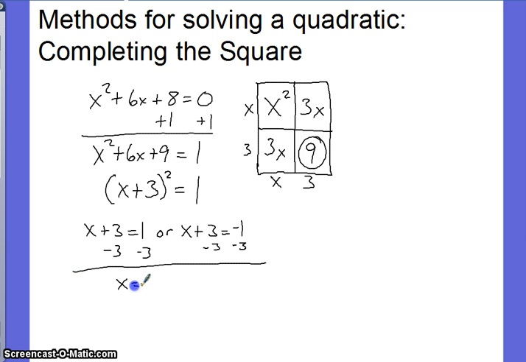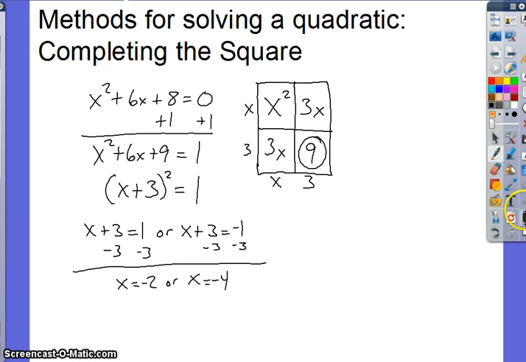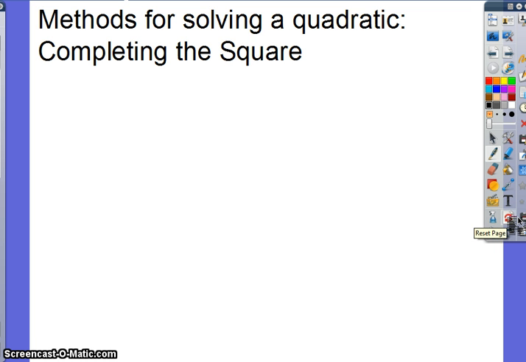So I get x equals negative 2, or x equals negative 4. So now I've solved my quadratic. So I know that x equals negative 2 or x equals negative 4. So now let's go through and do the method again, but now let's go with a little bit more complicated